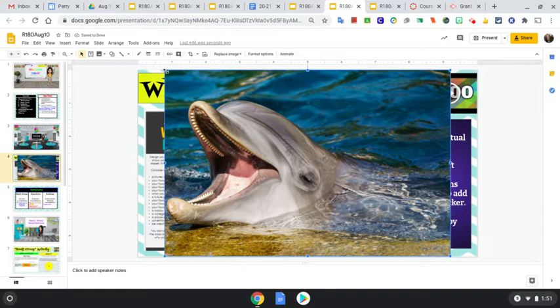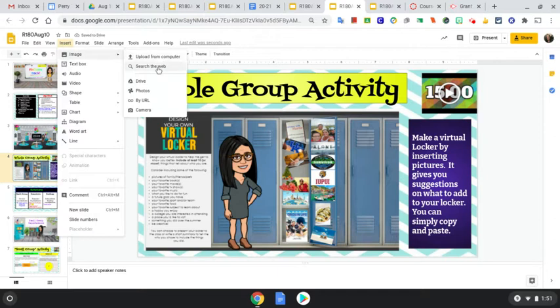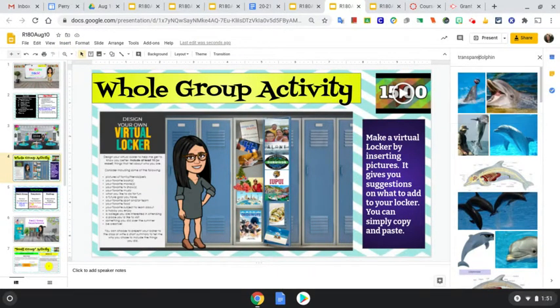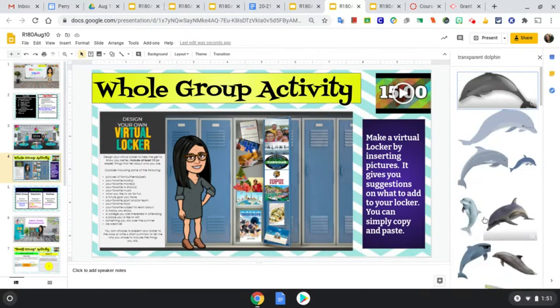It will cover the whole thing, so make sure that you size it to your liking and then put it in there. One other cool thing I found this summer is that if you insert and go to search the web and put the word transparent in front of whatever you're looking for, it will give you things that won't have the white or colorful background.